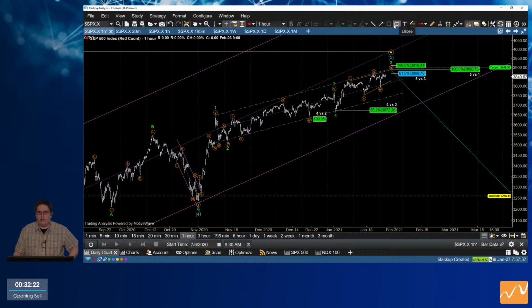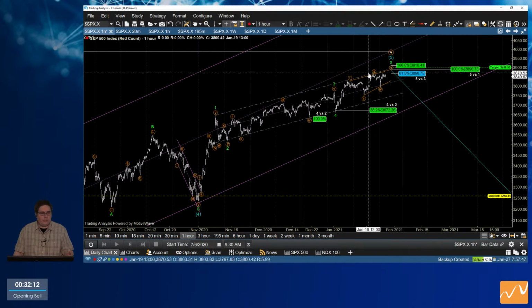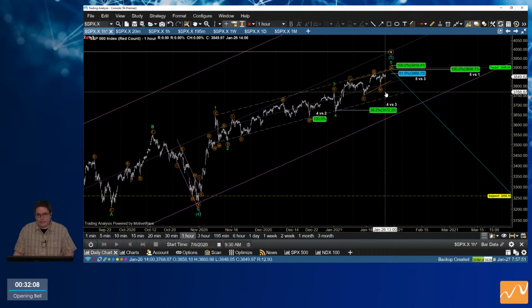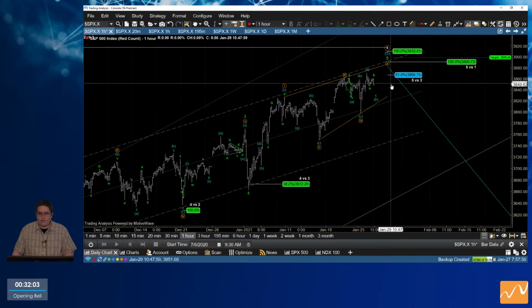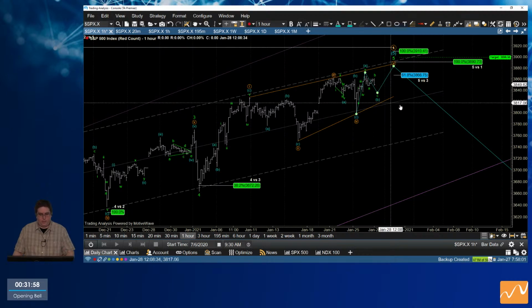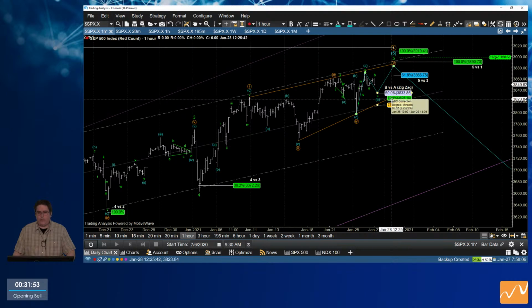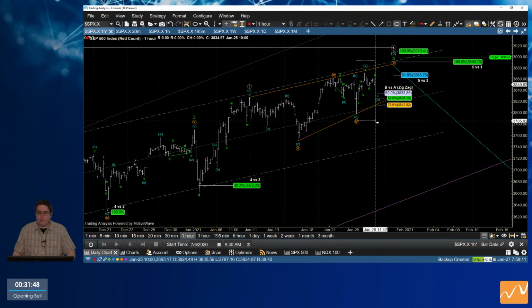And simply put, you have progressively smaller portions of the structure. So 3 is a shorter advance than wave 1, 4 is a smaller correction than 2, and thus 5 is then going to be shorter than wave 3. So far, this particular interpretation is valid. The current subdivision of this ending diagonal can be viewed a couple of different ways. The move in the pre-market this morning, we had outlined for our members in the form of a B wave down to about 38.25. If we start to break lower, you can actually look at this as a completed 3-wave